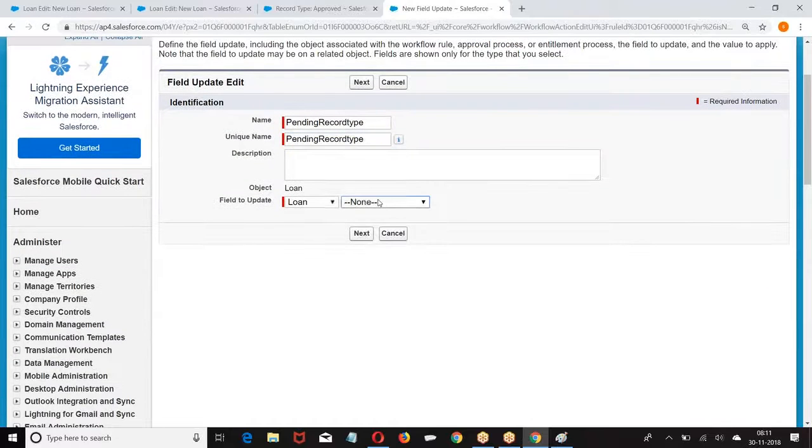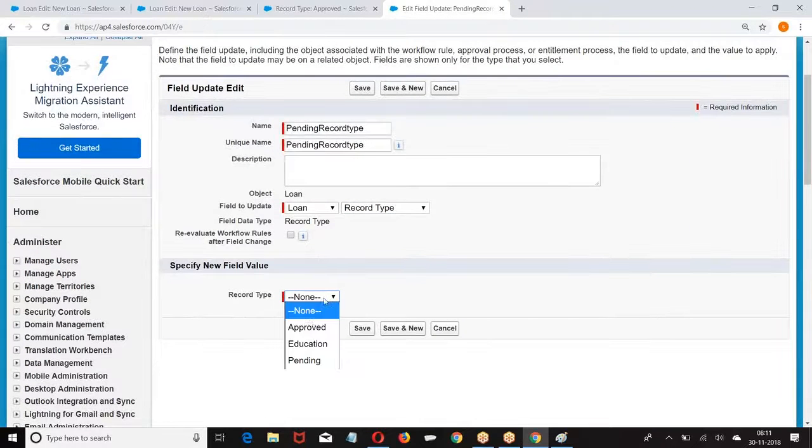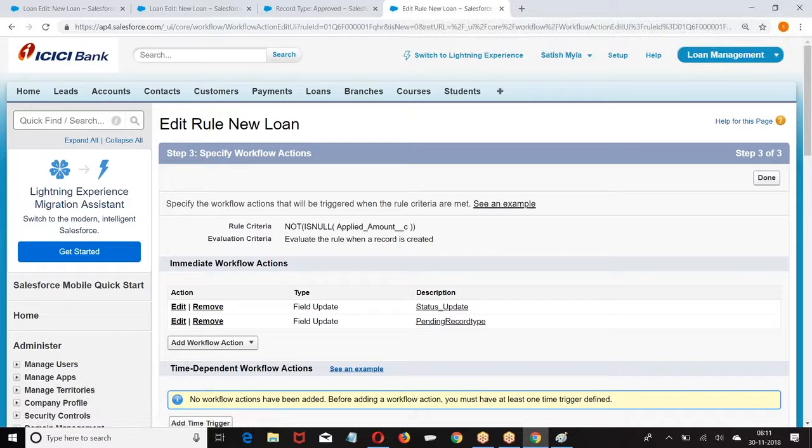Then update the record type. So the moment you submit the record, status is modified as pending. The moment status is modified as pending, record type is also modified as pending.